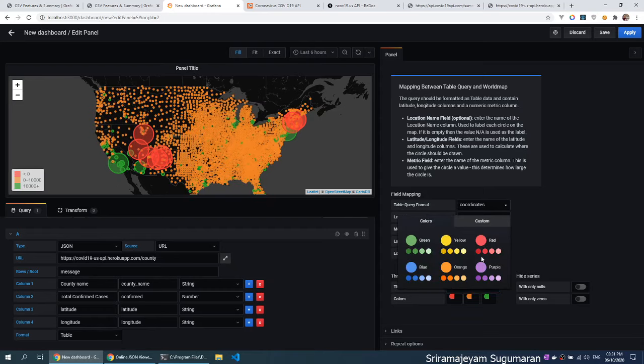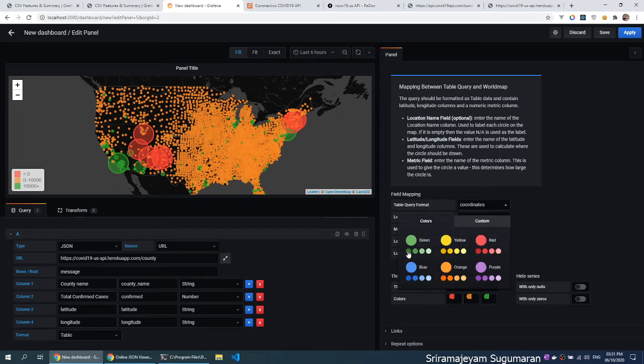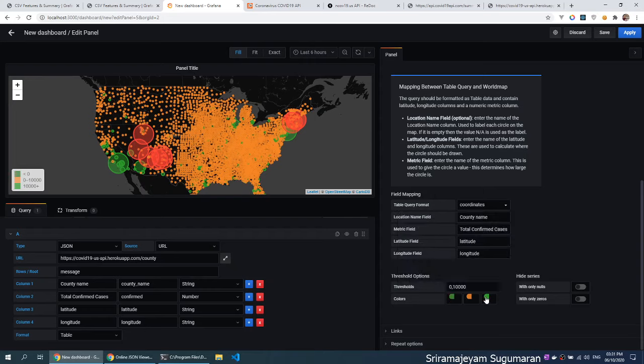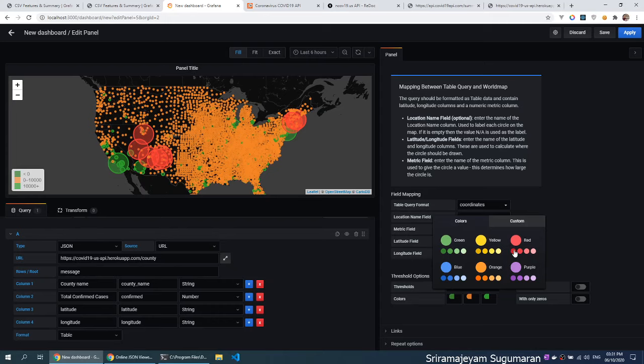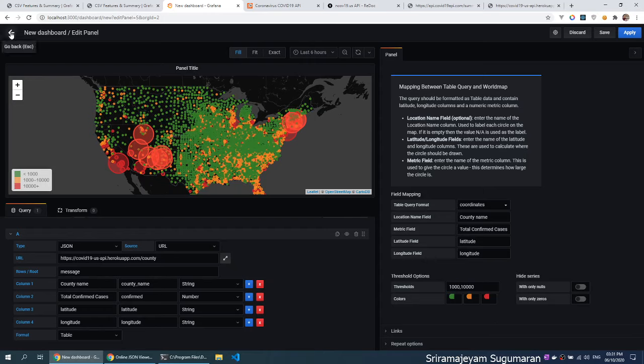Yeah, this should be green, and this should be red, like this. Now you have some beautiful world map panel with this COVID-19 data.